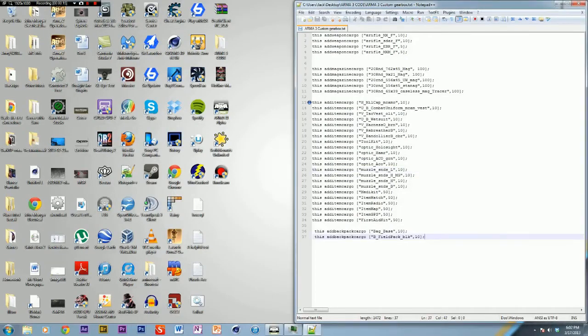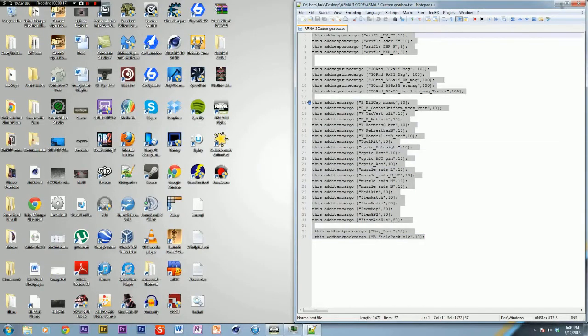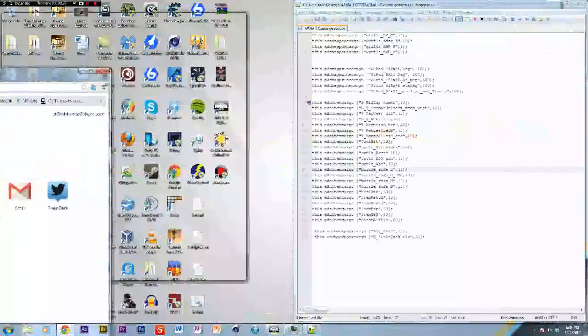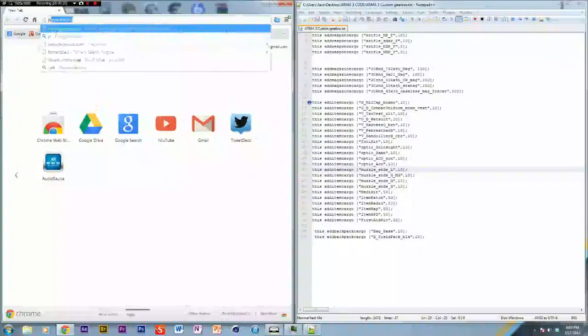So yeah, as you can see, I created this text file. Now, you may not know what this means whatsoever, but that's why I'm going to run you through it. Okay? Now, we need to go to a website, and it has the class names